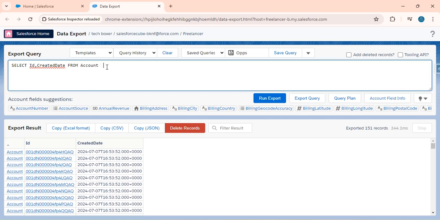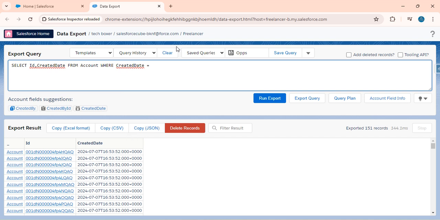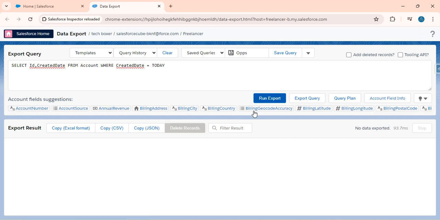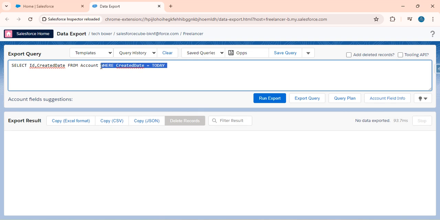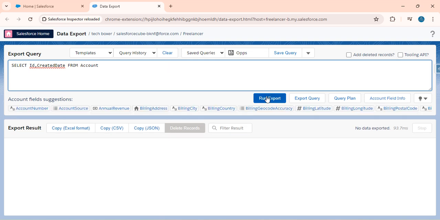Here we will write the where condition, where created date. To check which is created today or not, we have to write it like this: where created date equals to today. Okay, the next part. There are no records showing because we haven't created any record today. I will create a record